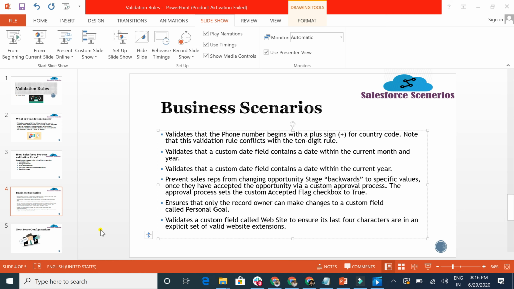And for the different scenario, ensure that only the record owner can make changes to a custom field called personal goal. Validate a custom field called website to ensure its last 4 characters are in an explicit set of valid website extensions. So guys, for these 3 remaining scenarios, you please apply your mind and create some validation rules, and